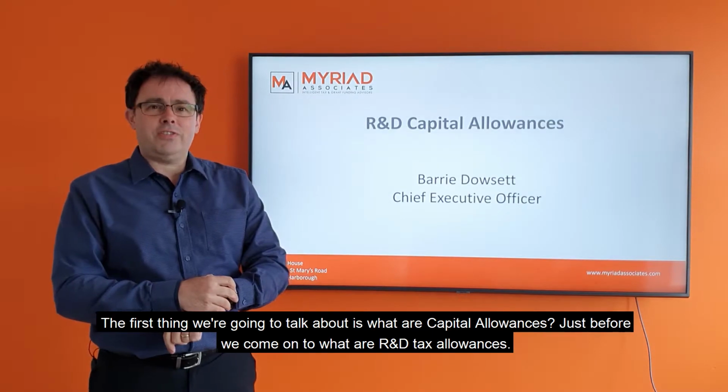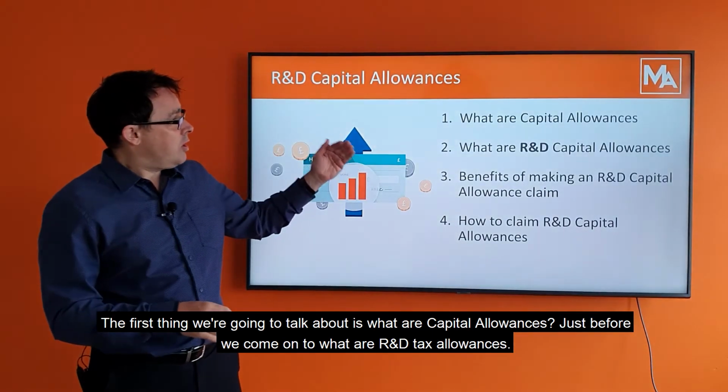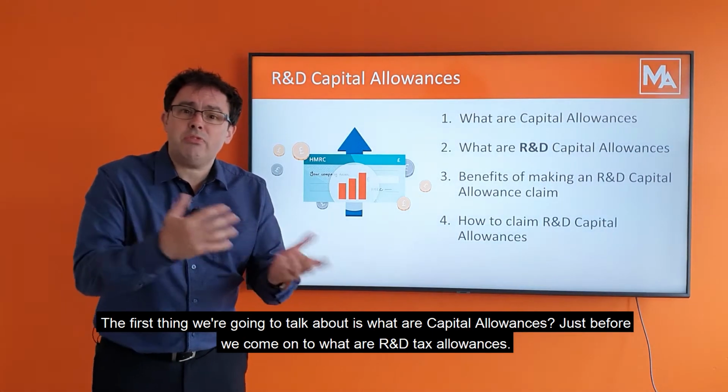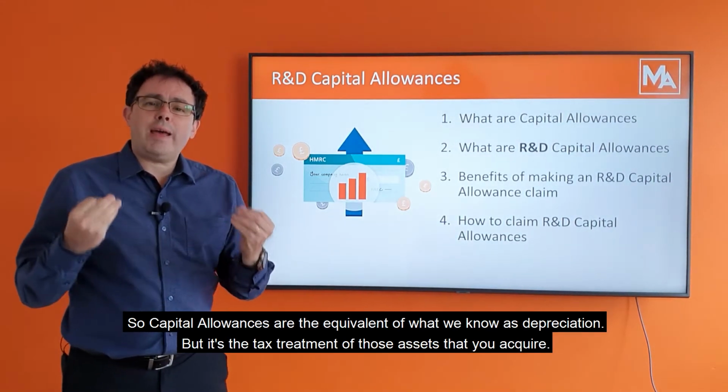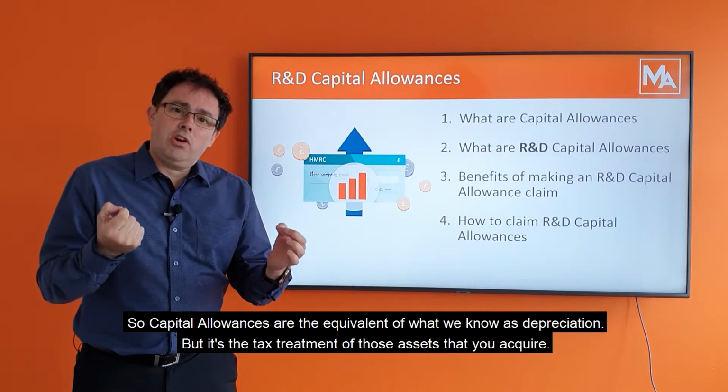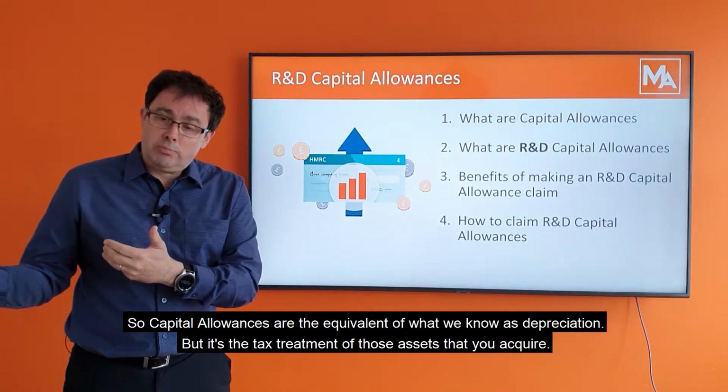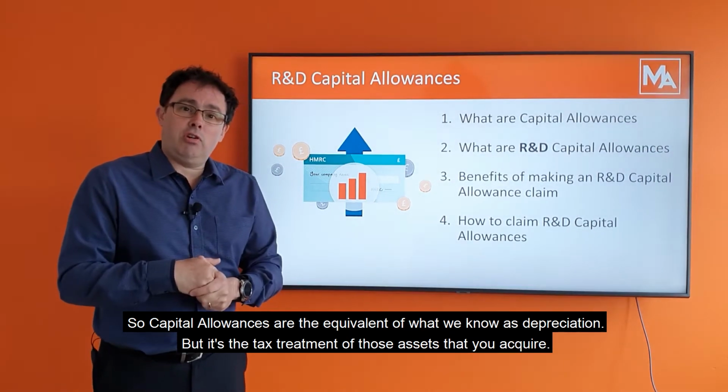And today I'm going to be talking to you about R&D capital allowances. So the first thing we're going to talk about is, first, what are capital allowances? Just before we come onto R&D tax allowances. So capital allowances are the equivalent of what we know as depreciation, but it's the tax treatment of those assets